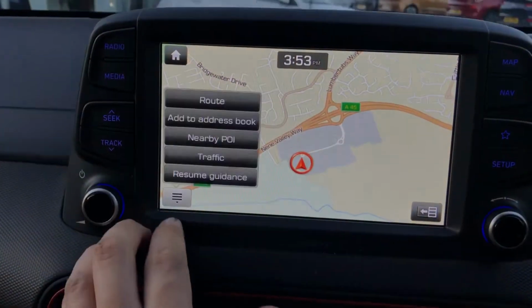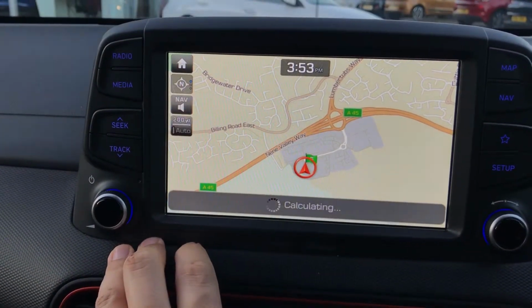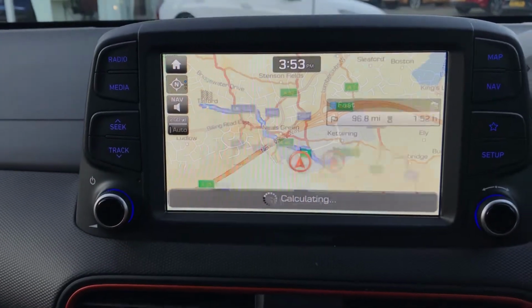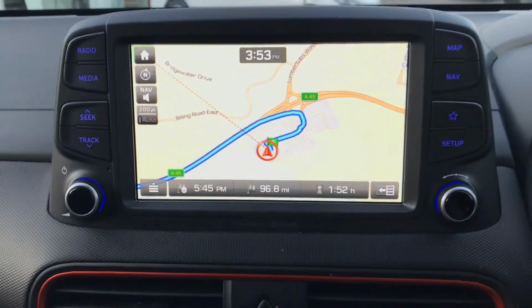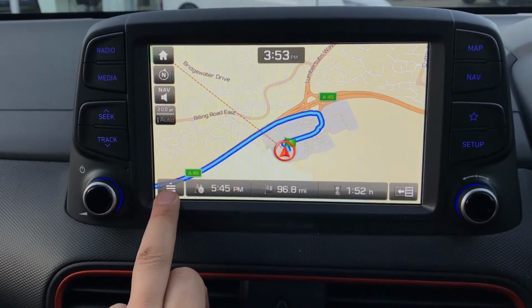So we're just going to tell the sat nav where we want to go. Starting route guidance. So at this point, before I set off, I can go into the same settings of the 3 lines and the